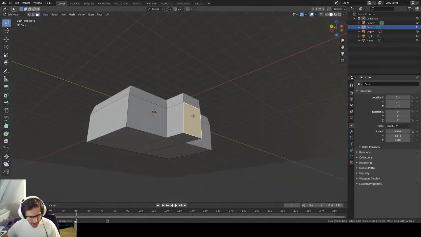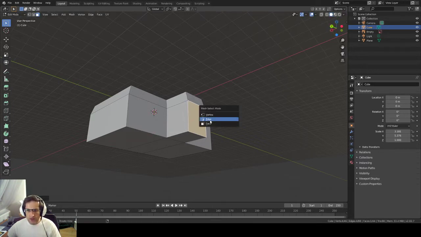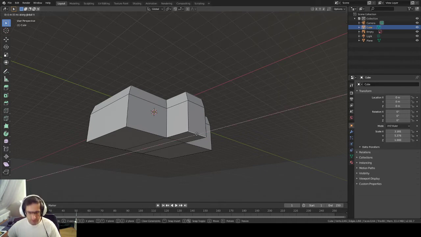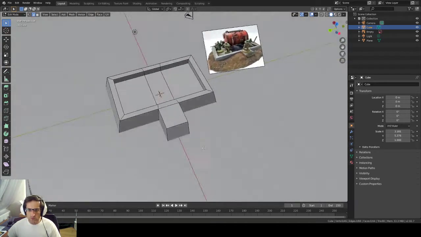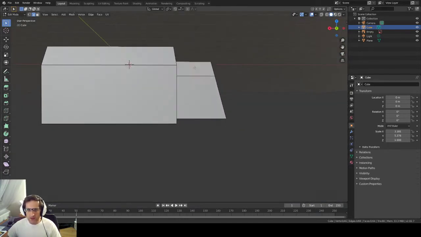Let's drag this face out a bit to get a bit more of an angle on the front of this. And then this edge, drag this out together so it lines up with the rest. Okay, so we've roughly got this bit now. The reason we continue this on underneath is so that,